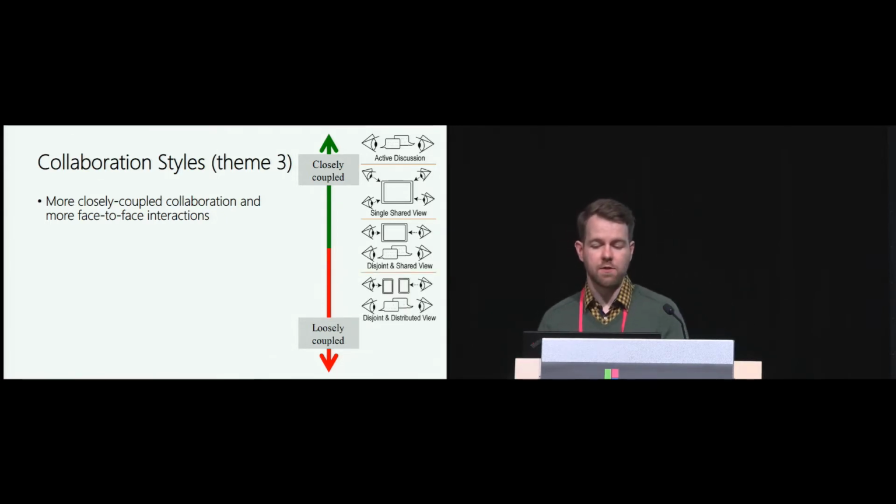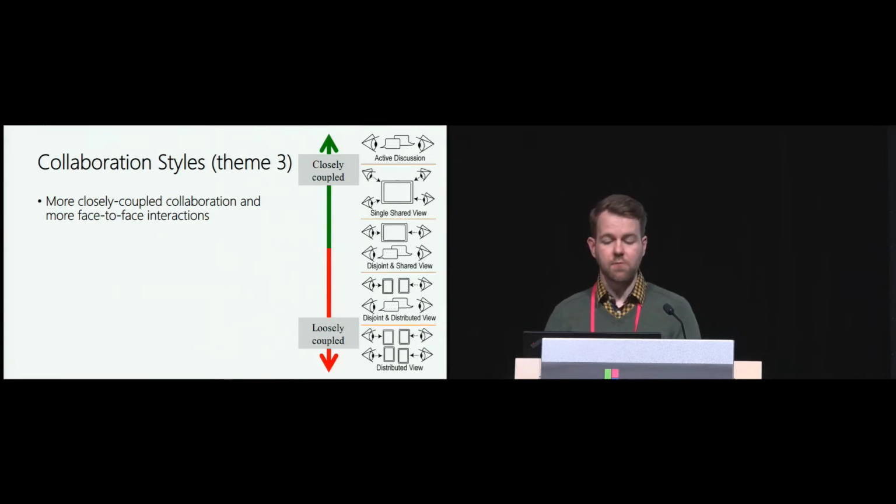Disjoint and distributed view, where 1 or 2 group members are focusing on their own device while the others continue their discussions. And lastly, distributed view, where all group members are focusing on their own device and there's minimal to no discussion or interactions with each other. These categories are also part of our video coding scheme, and I described it in a bit more detail also in